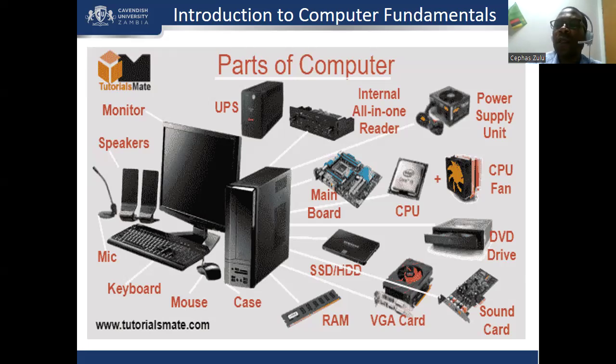At this point, I would recommend you pause your video, and you can categorize these devices that I'm displaying here into different categories. All these parts must be classified into one category called input, then another category called processing, and another category called